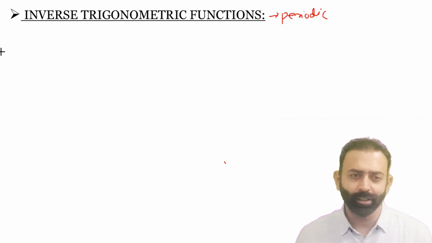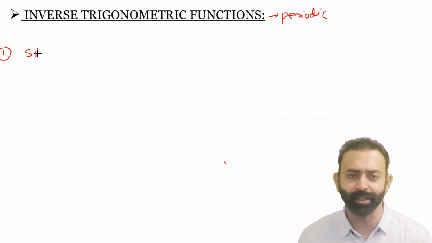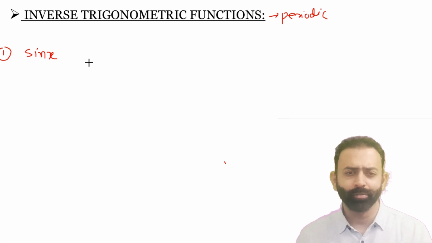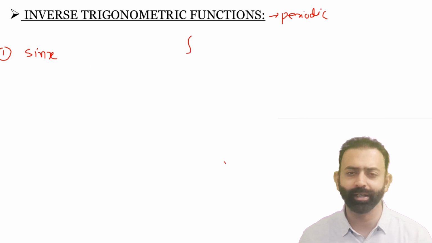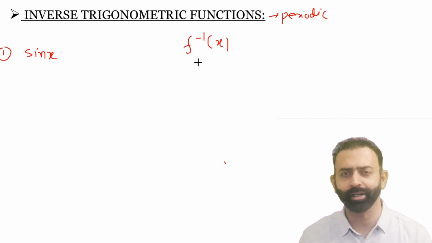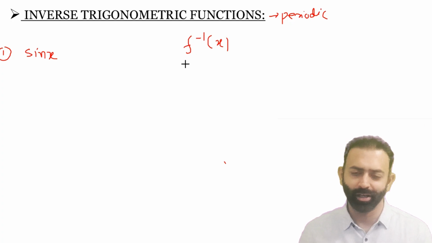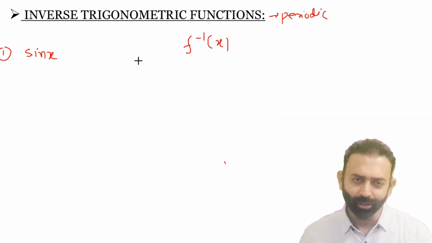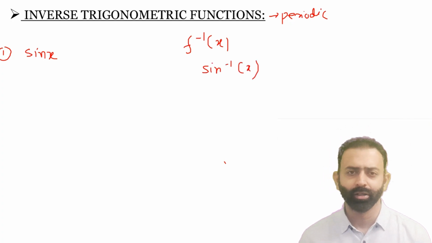So we will first start with the very first trigonometric ratio, which is sin x, right? We also learned about the notation of the inverse function, which is written as f inverse x, with just this -1, and we do not read it as f raised to power -1. This we have all discussed. So the inverse function of sin x will be written as sin inverse x, like this. Okay, so now